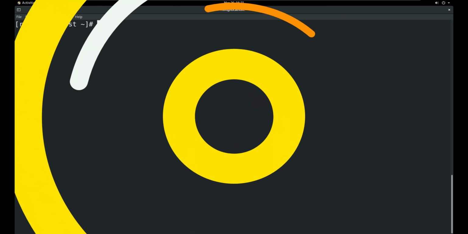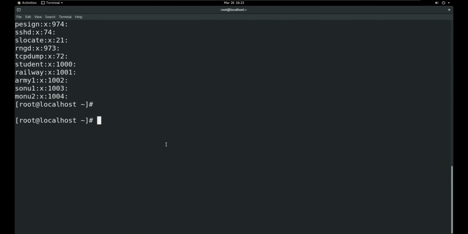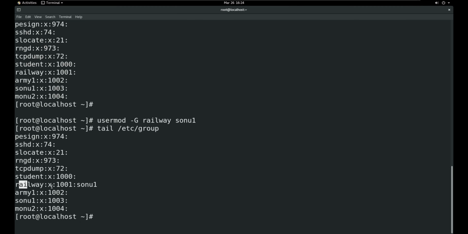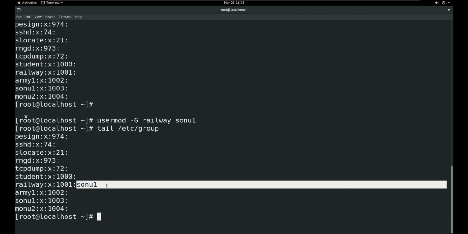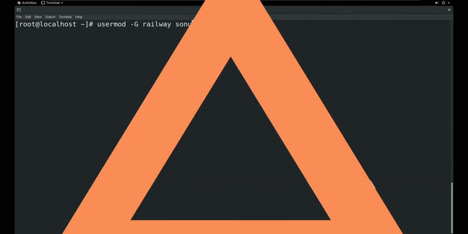Now add users to the group first. Now add to the group. usermod -G, first the group name, railway. Second is the user to add, user 1. Now add user 1 Sonu to the railway group, and second, now add